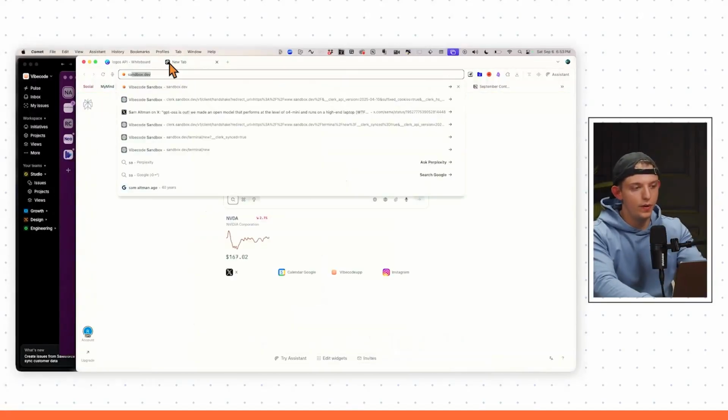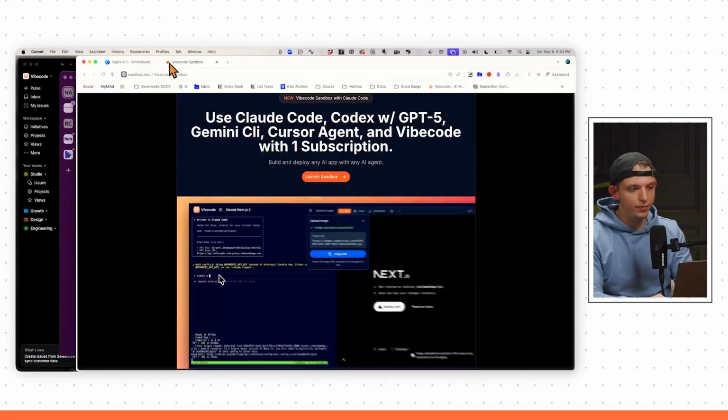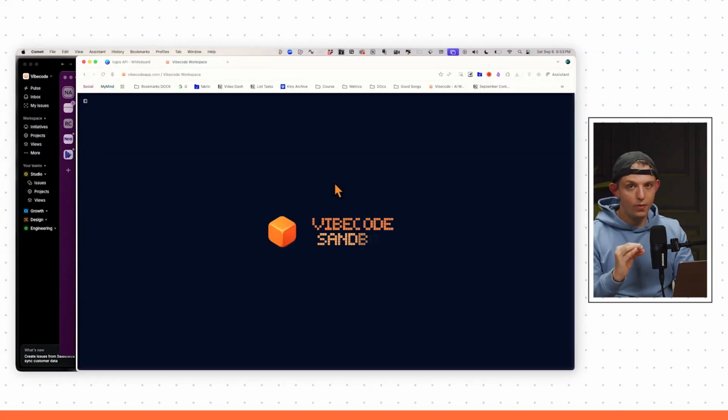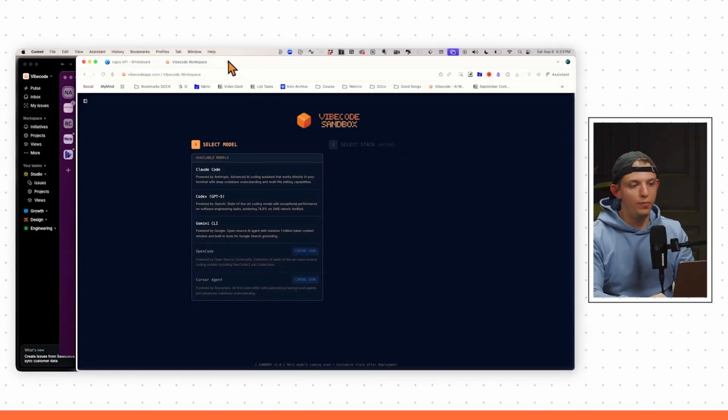Now we're getting to the fun part. So I think it's time to bring out the special pencil because we are going to begin building full-on web apps. And that includes database and authentication. And this is about to get much more fun. Same thing as earlier. We're going to go ahead and open up sandbox.dev. We're going to press enter. Now what we're going to do is we're going to open up